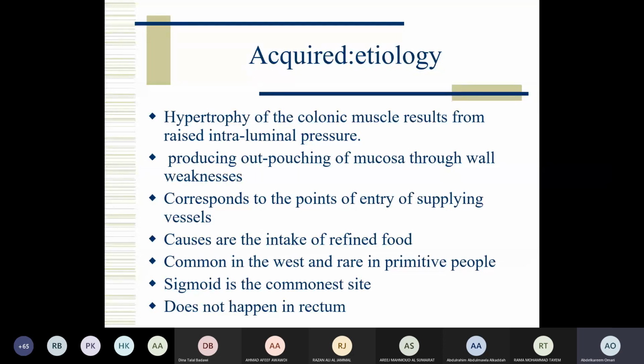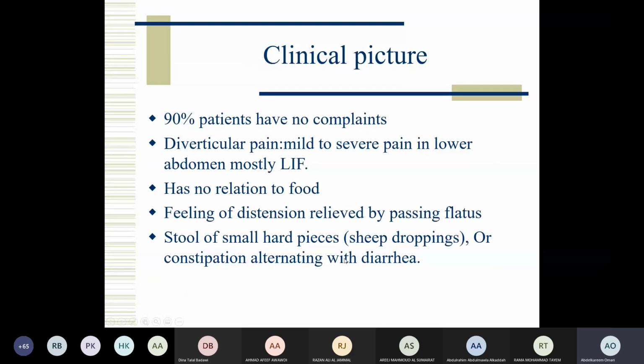Sigmoid is the commonest site. The other point, it does not happen in the rectum. ليش؟ لأن قلنا strips of the longitudinal muscles when they reach the rectum they again split out and surround the circular muscles. What is the clinical picture شباب؟ بأوروبا تقريبا حوالي 90% من الناس الكبار بالعمر